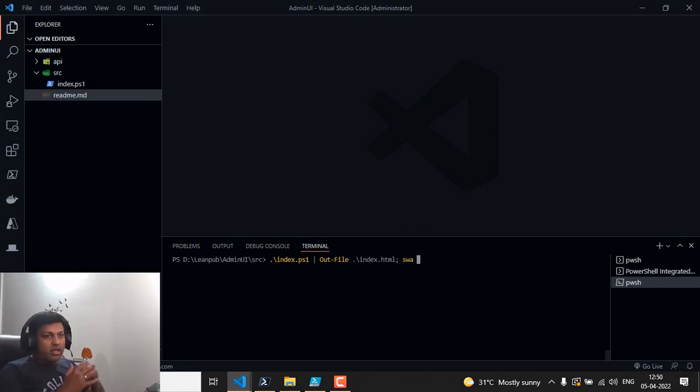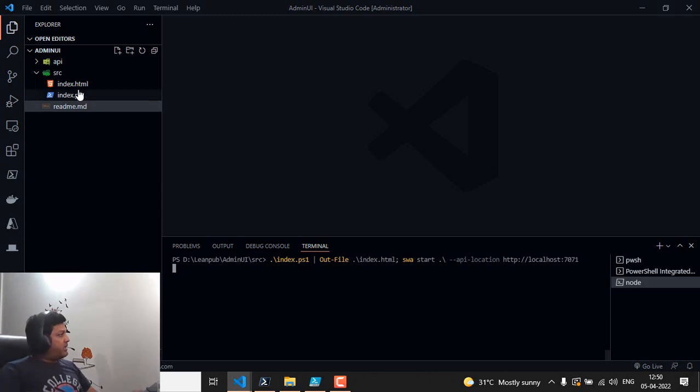I have installed the static web app CLI. So I'm using that command SWA start, and this is the project root folder, and then I just say API location HTTP localhost 7071, and when I push enter, I see the index.html file is generated, and then you see the beautiful message